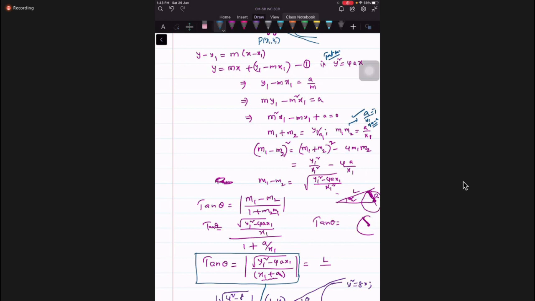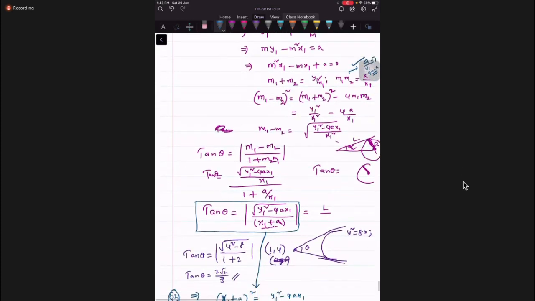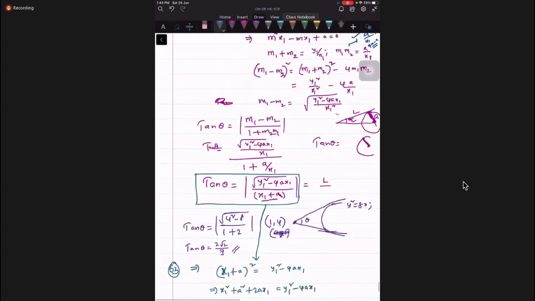Okay. So the locus of the point of intersection of perpendicular tangents of a parabola, if they have given, means that point of intersection itself is the, tell me, directrix. Itself is the directrix. Understand, students? All of you?